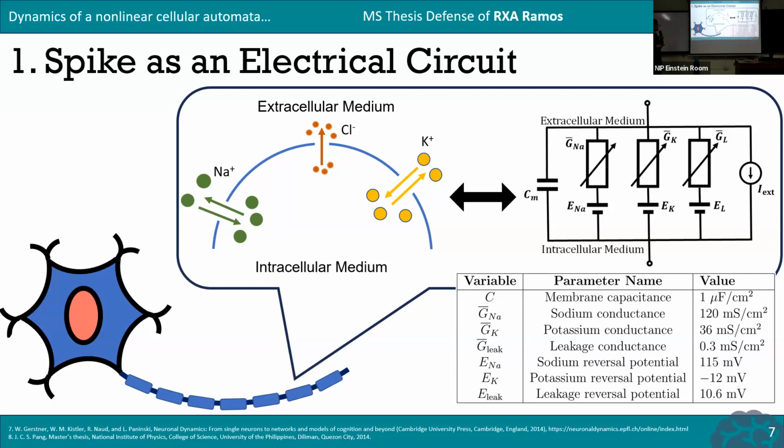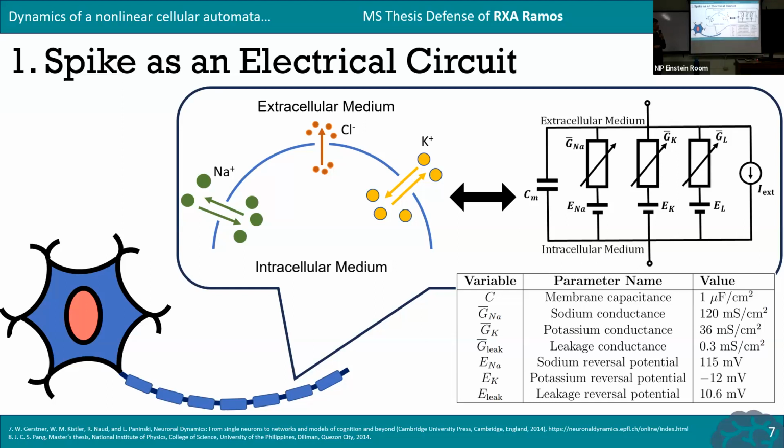The generation of a spike, anatomically, is mediated by voltage-gated ion channels across the neuronal membrane. Two channels are particularly influential to spike generation: the sodium channel and the potassium channel. Some smaller chloride ions also leak out or in across the neuronal membrane, again influencing the voltage difference across this membrane. And so this difference in ion concentration can also be modeled via an electrical circuit,